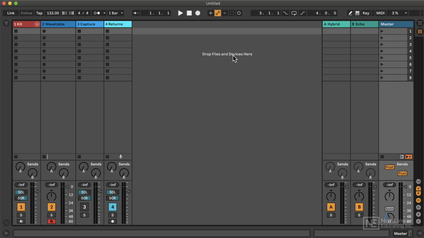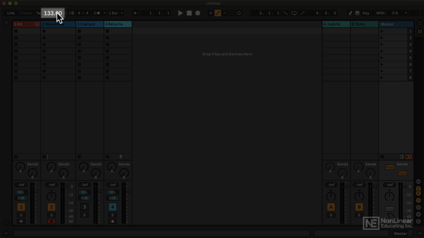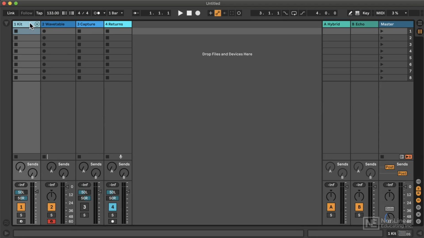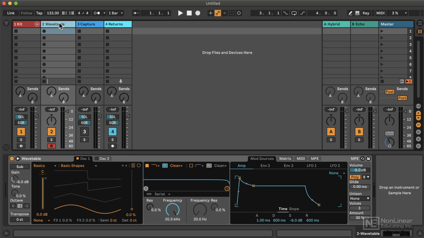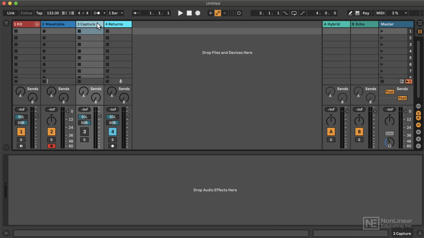So a few things you might notice about this template is the BPM is up at 133, for example, and I've got a kit here with a drum rack that I've created with a bunch of the Max for Live drum synth instruments, which we'll get to soon, and a track with a wavetable. And then an audio track just configured to capture any audio that's cool as I'm playing around, and a track to